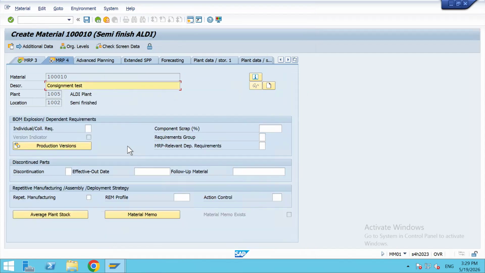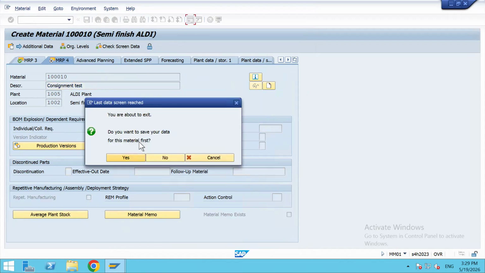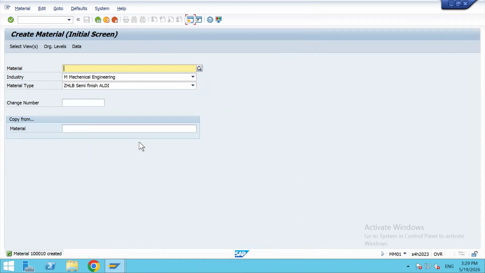Then MRP4, if you are having this production version, if you are going to do the production, then only you have to maintain all, otherwise it is not really required. I will show you during the MRP one, that production version. Okay. So now we have this material